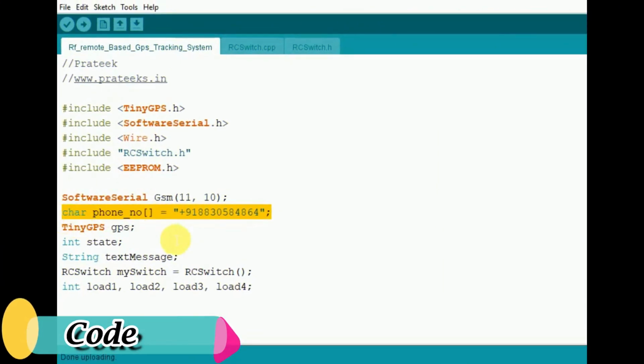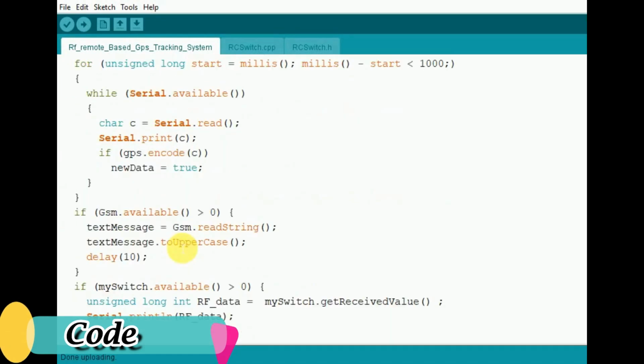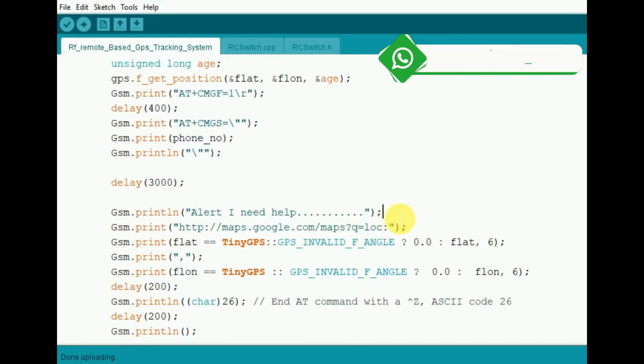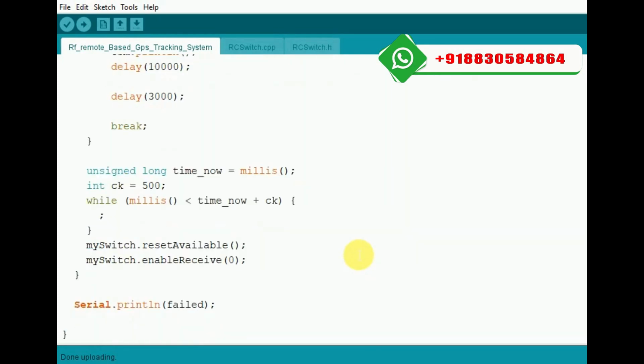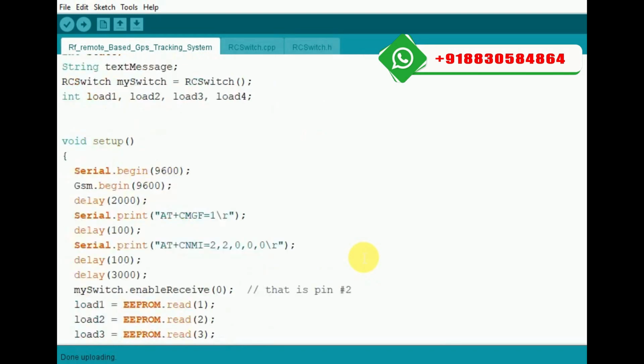Let's go and see the code. In this code, I edit it first in the Arduino IDE software. If you want to change the message command and the mobile number, you can change them very easily.